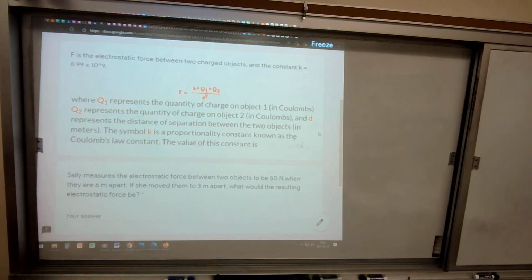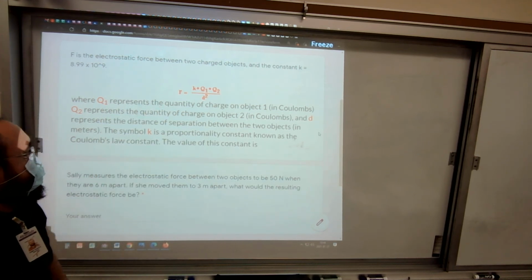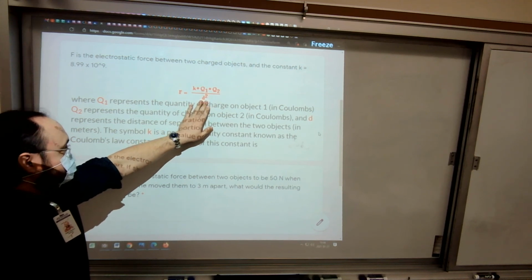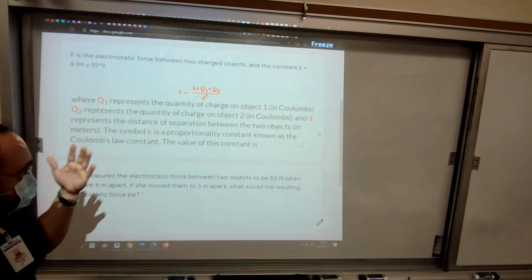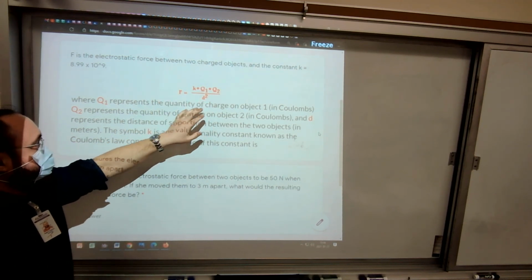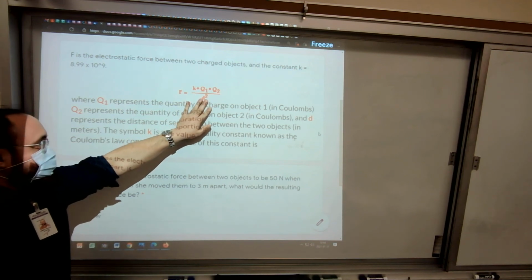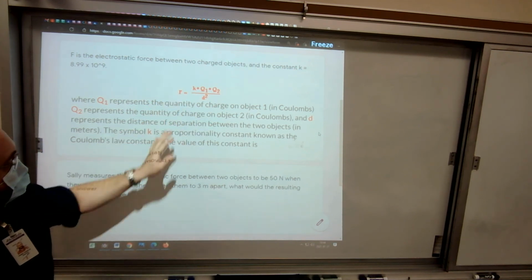But so it gave you a thing. It didn't even give you the charges, because all you need to know about the formula, you don't need to calculate the formula, you just need to know that it's got that squared in the bottom. And whenever a formula has that squared in the bottom, whatever's on the bottom, if it gets cut in half, this on the left will get multiplied by 4